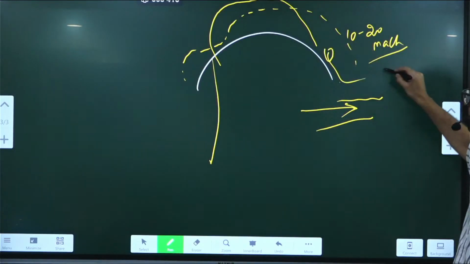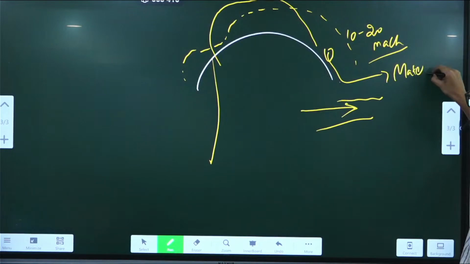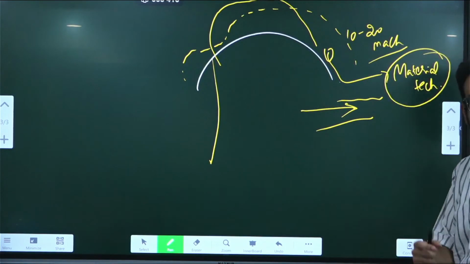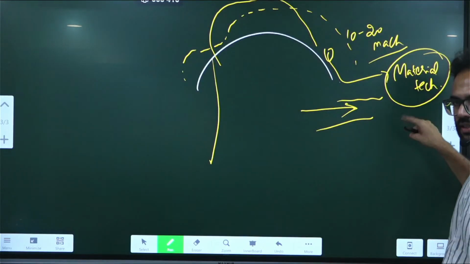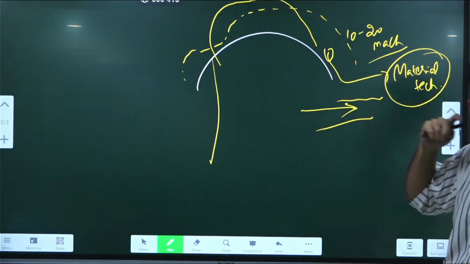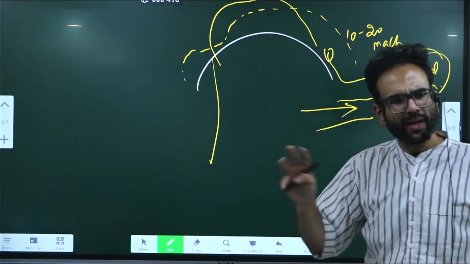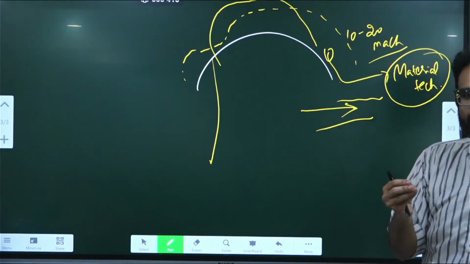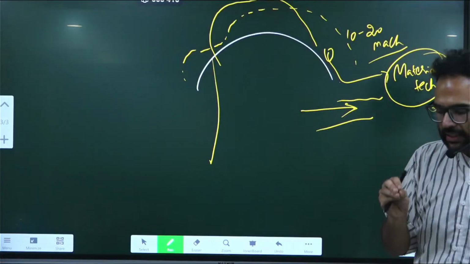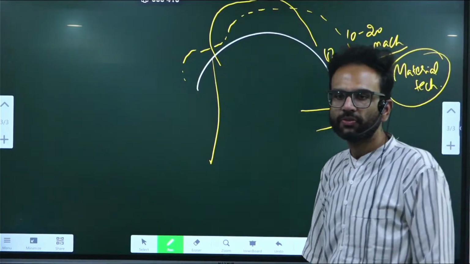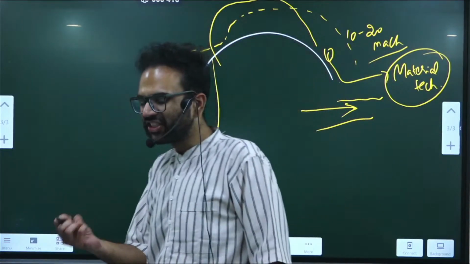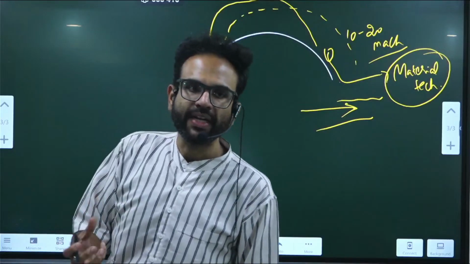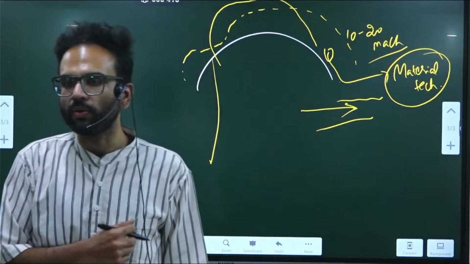Okay. So this material technology can be a separate theme, but since we will be discussing this right now, I'm just highlighting. You know why it catches fire? Basic physics. When a foreign particle enters our atmosphere at such high speed, the friction creates a lot of heat, which will burn the material down.